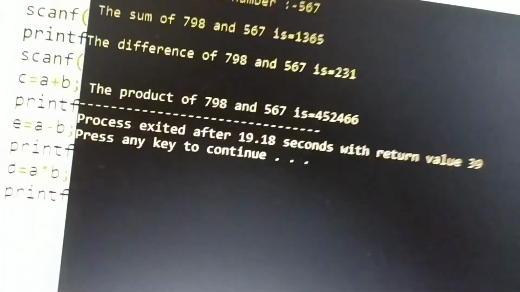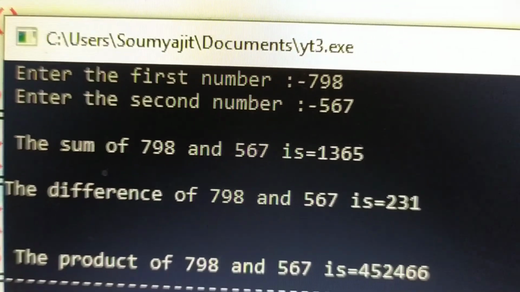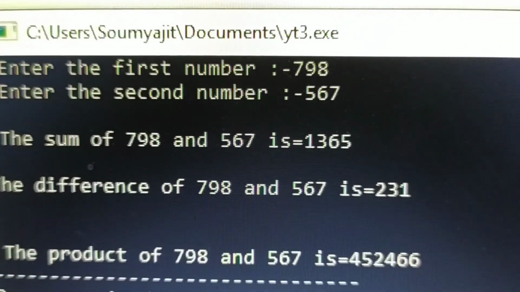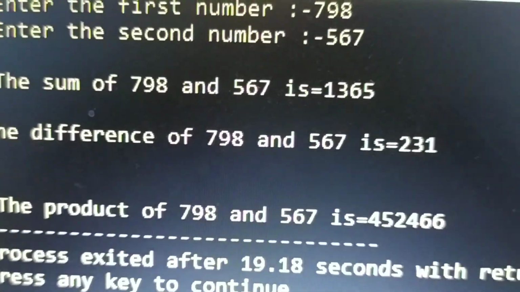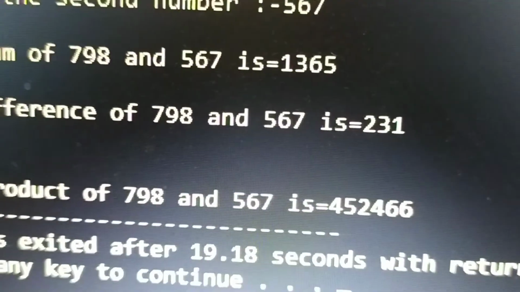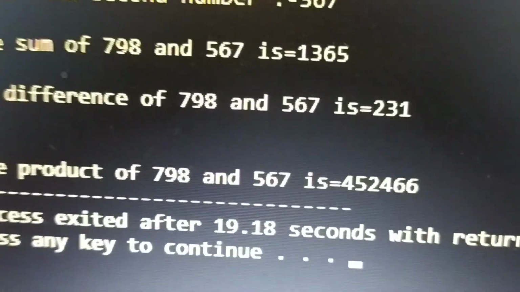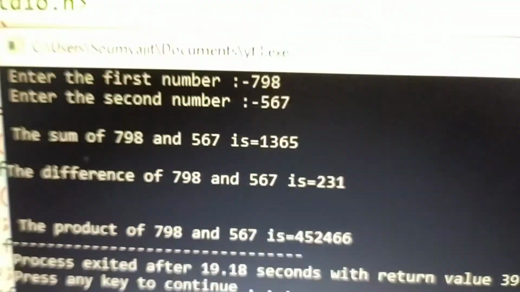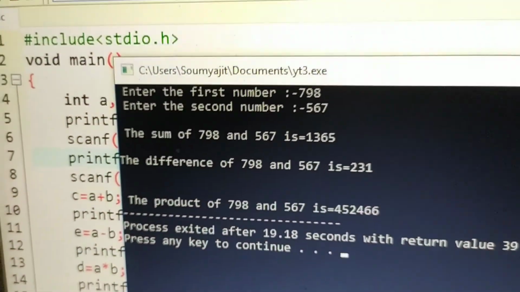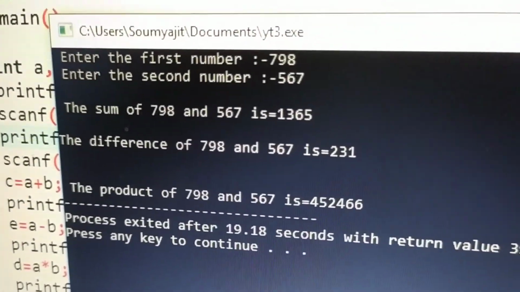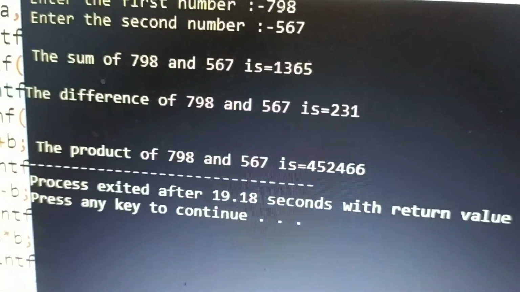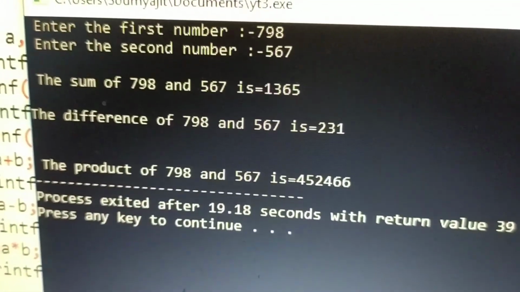Enter the second number as 567. See, I've taken the first number 798, the second number 567; the sum is 1365, the difference is 231, and the product is 452466. So we can do any calculation, it acts like a calculator. We can do any calculation by using C language.